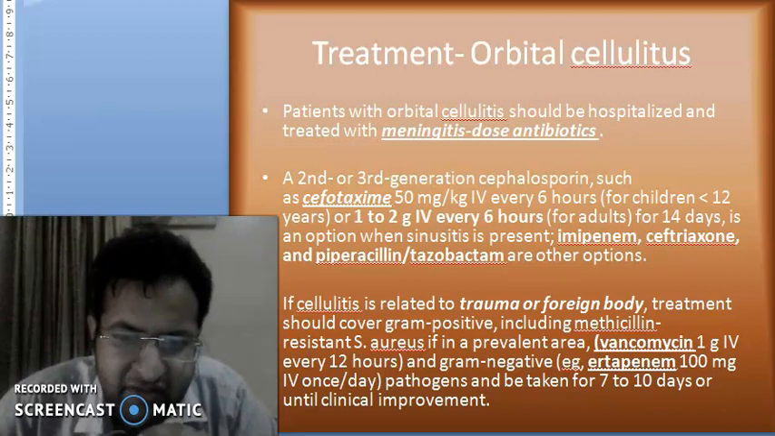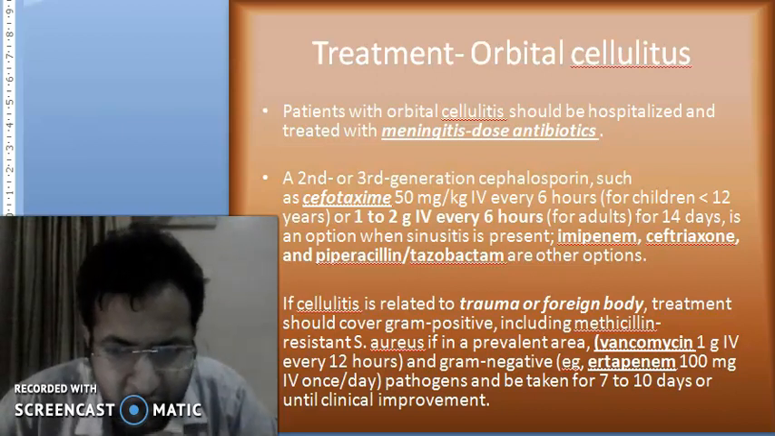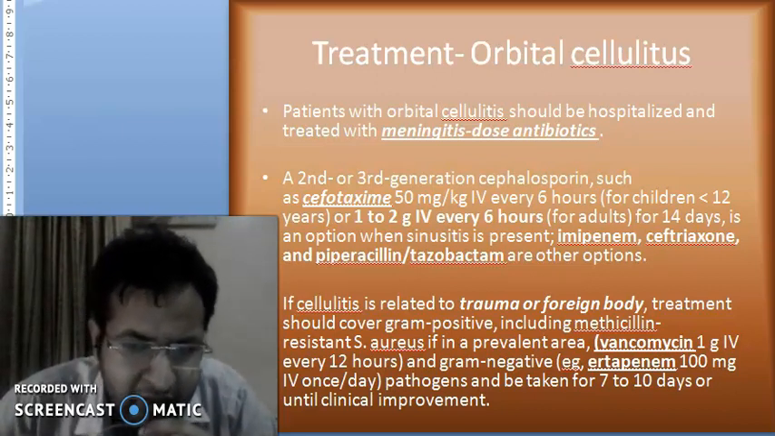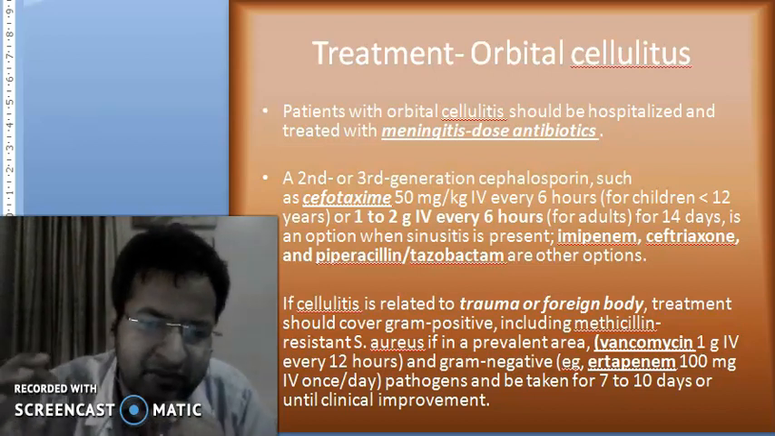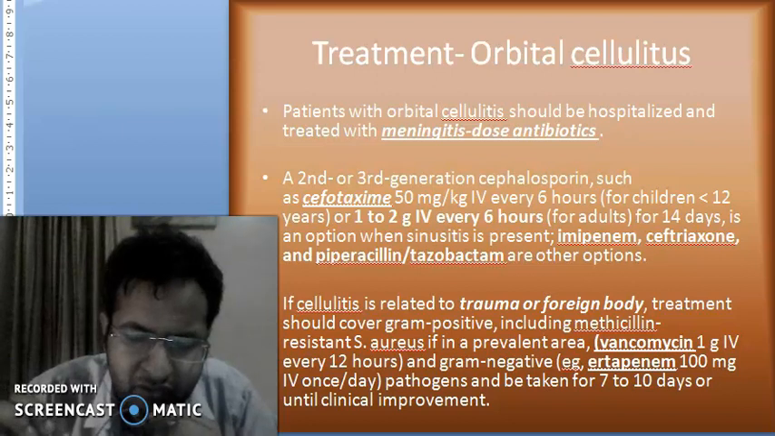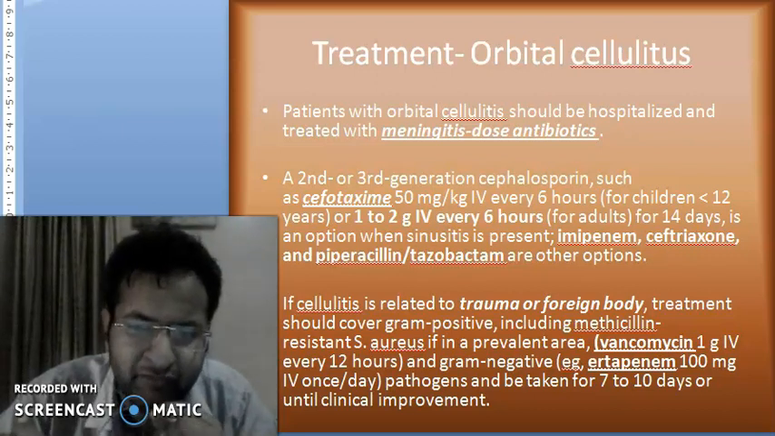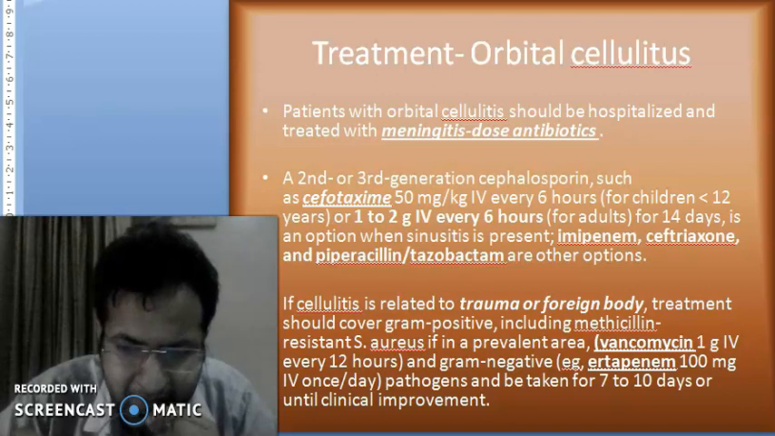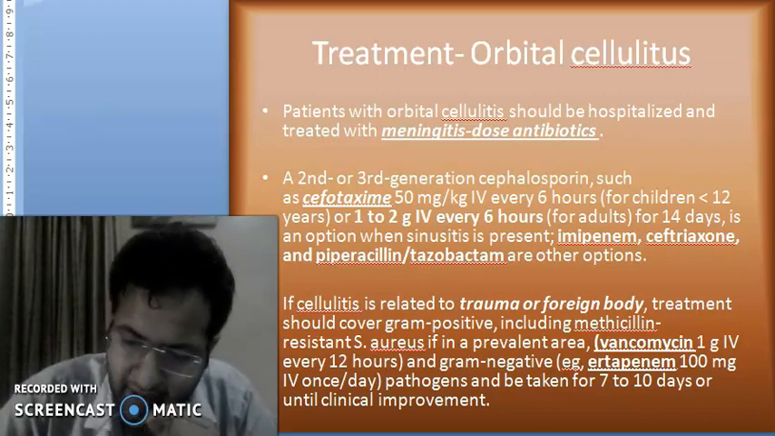If cellulitis is related to trauma or a foreign body, treatment should cover gram-positive organisms including MRSA, if it is in a prevalent area. What is the dose for MRSA? It is vancomycin 1 gram IV every 12 hours, and gram-negatives also have to be covered. What do we have to give to cover the gram-negatives? Ertapenem 100 milligram IV once a day, to be taken for 7 to 10 days or until